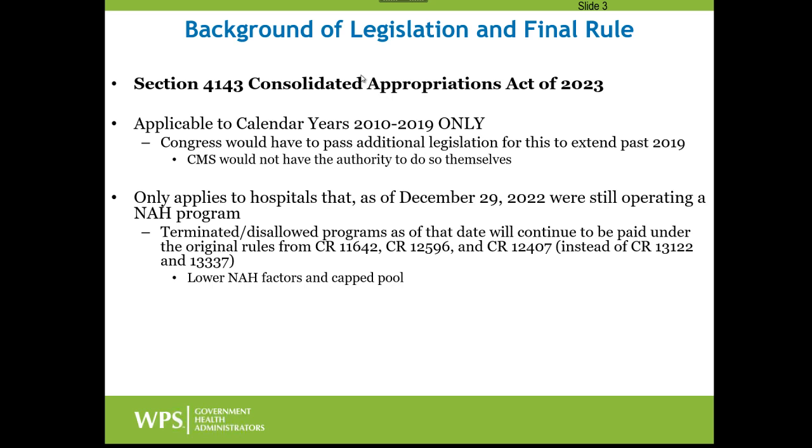That being said, let's say you have a 6/30/20 cost reporting period, 7/1/19 through 6/30/20. The Nursing and Allied Health payment is based on a calendar year, so in that type of cost report, you're going to have two separate Nursing and Allied Health payments, and then they're prorated to meet that cost reporting period. So the first half of the cost reporting period would be based on 2019 rules, which again, this does apply to. The second half of that cost reporting period would be based on 2020 rules, which this change does not